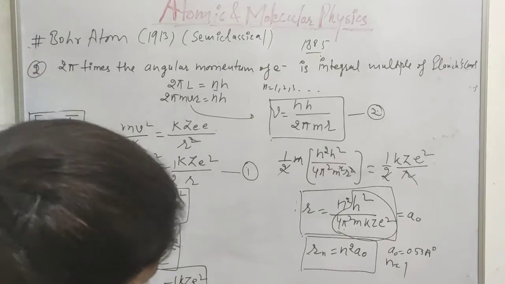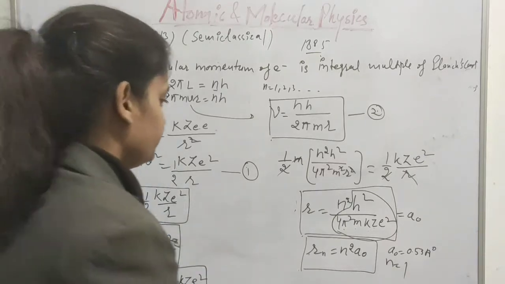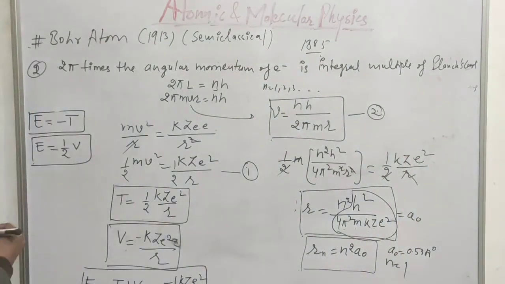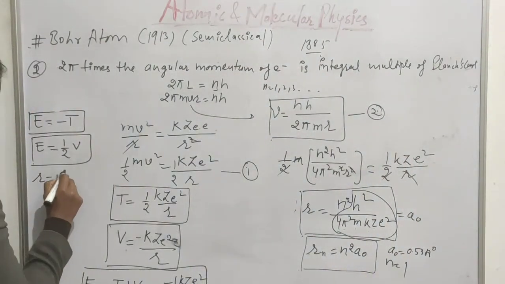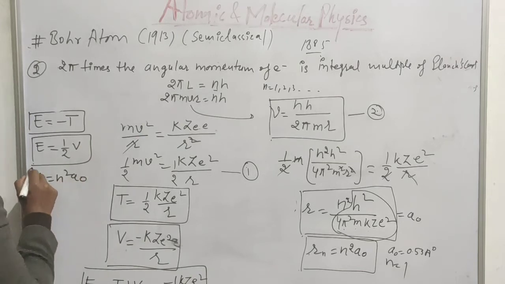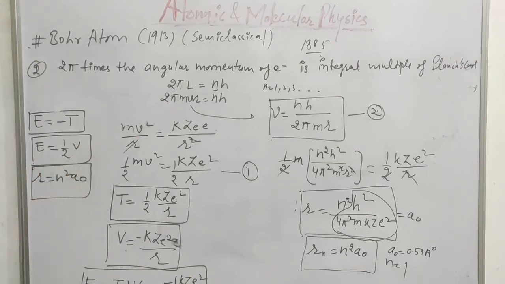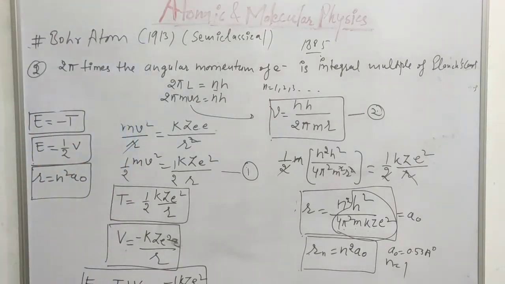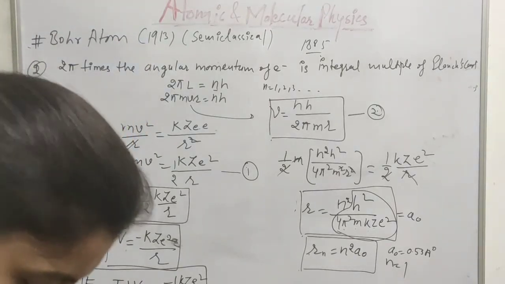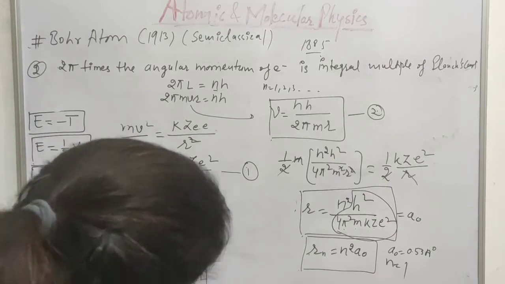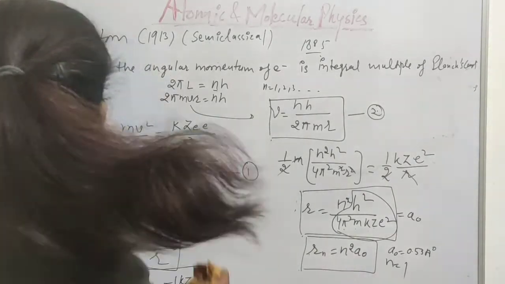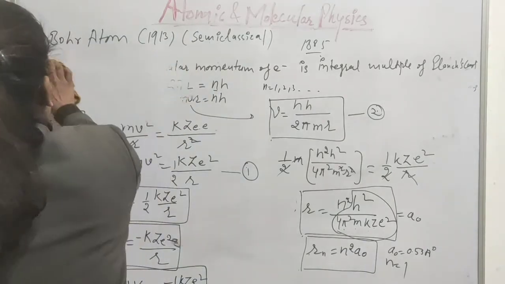So I think I should write this result on one side. R is equal to n square a naught. These are the results we extracted, where a naught is the constant. Now let us throw light on the third postulate. Bohr's third postulate was